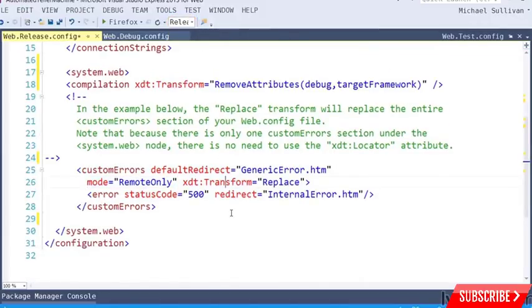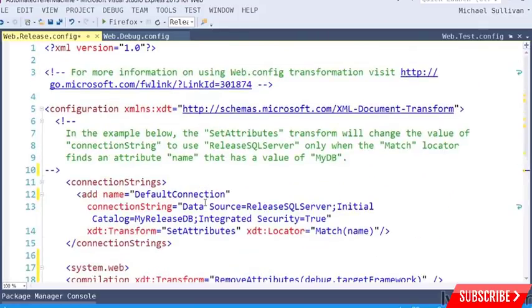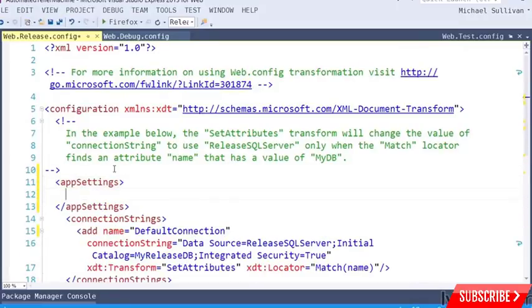The values for locator and transform can get a lot more complicated than this. For example, match can work with XPath expressions and conditions, and transform can insert elements before or after other elements. Let's actually go ahead and add one more element using Insert. So this will be an appSettings. The appSettings element is a child of configuration. And let's add a key for an SMTP server, which will be